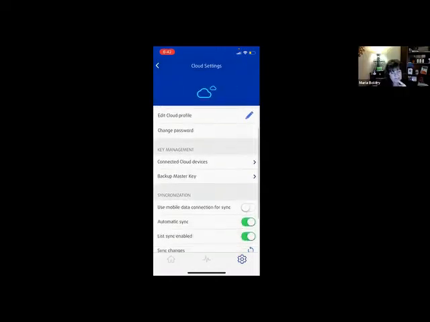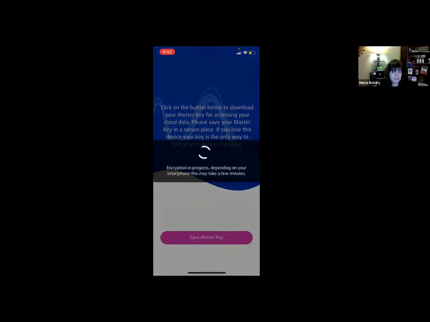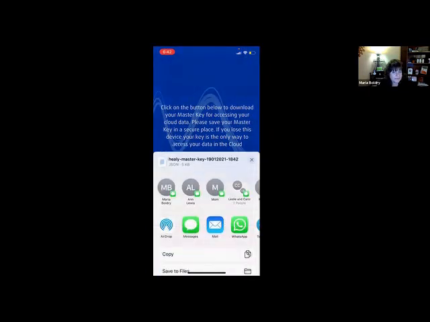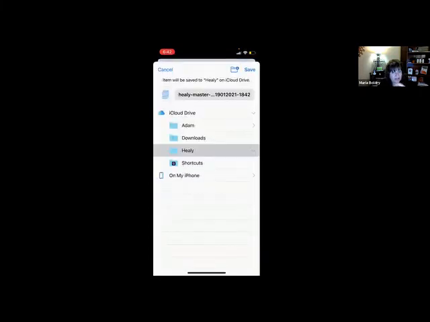Then down below, see where it says backup master key. If she clicks on that, it will automatically take her to this page, but then take her to her laptop, her desktop area, where she can choose where she wants to store it. And what I would suggest is save to files, and then